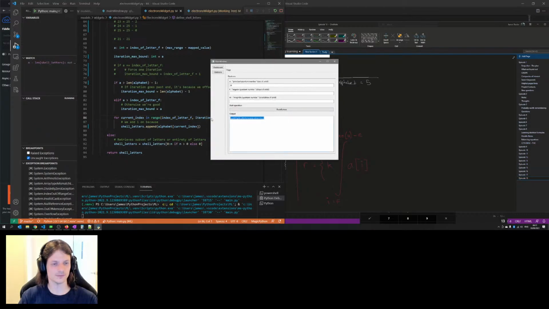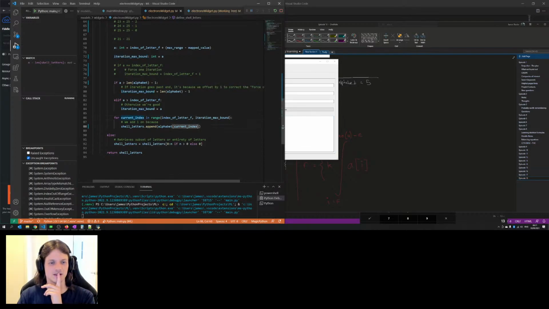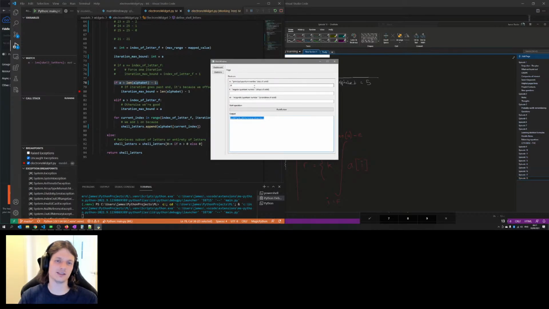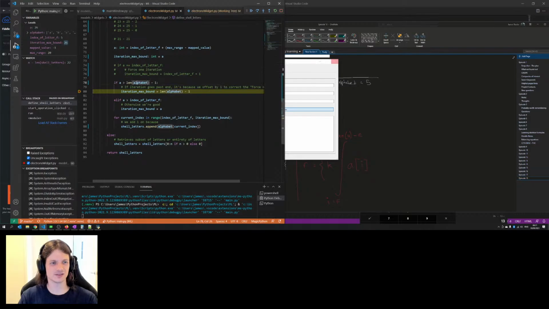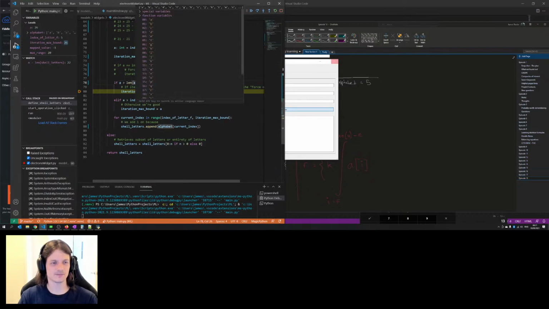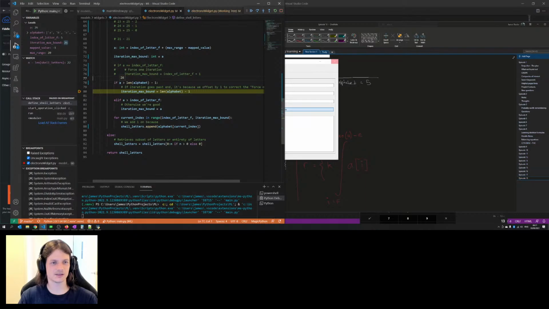Actually, it doesn't. But now we start at that, we can plus our 1 again, but also if A is greater than the length of the alphabet, it just cannot be now. I mean, unless you put one more than 26, right? Because A, index of letter F,